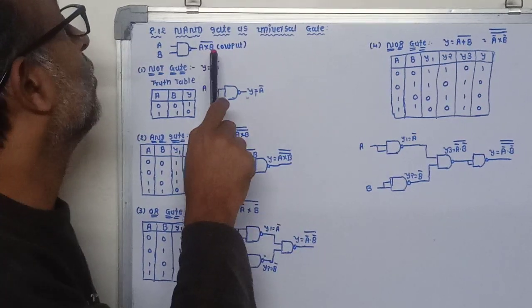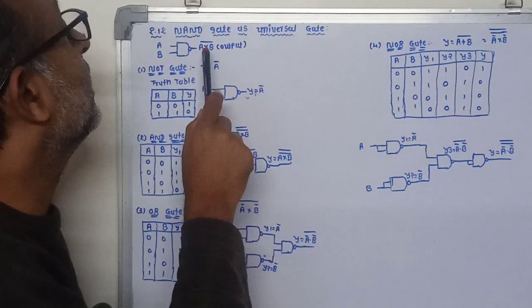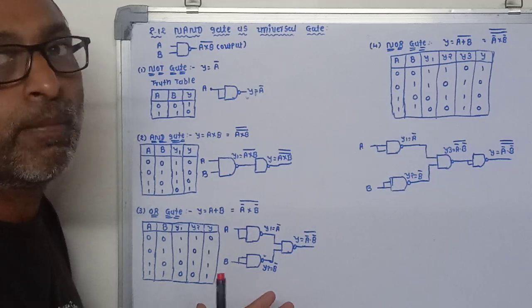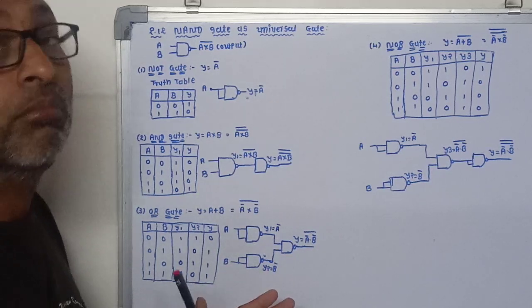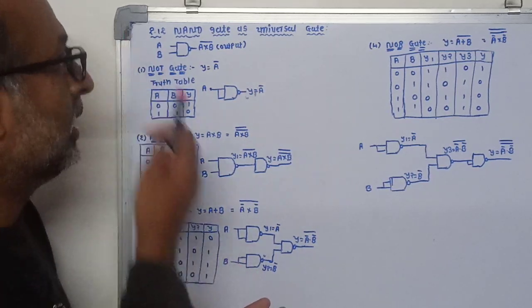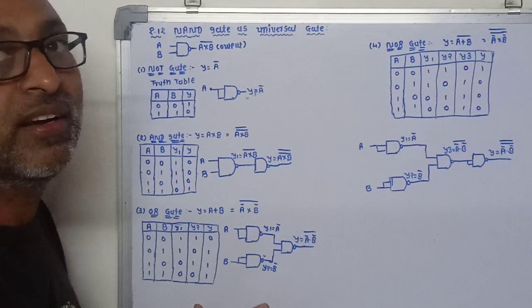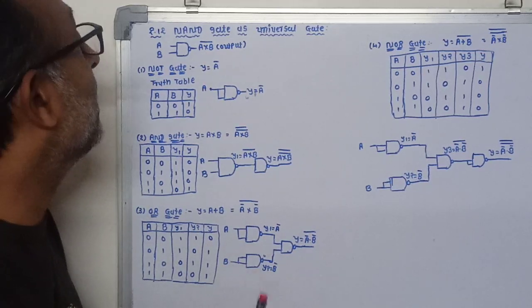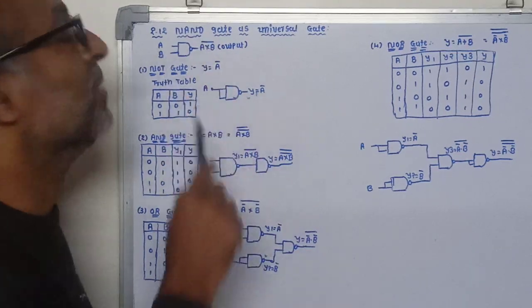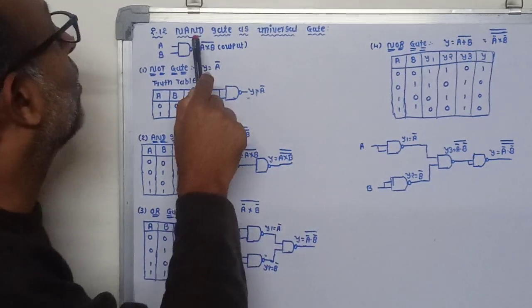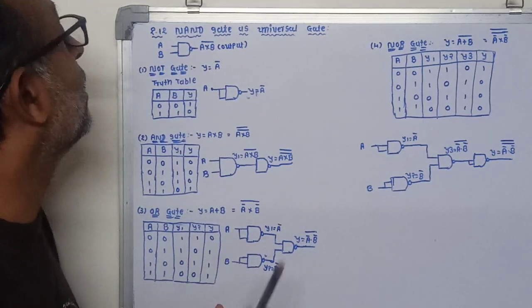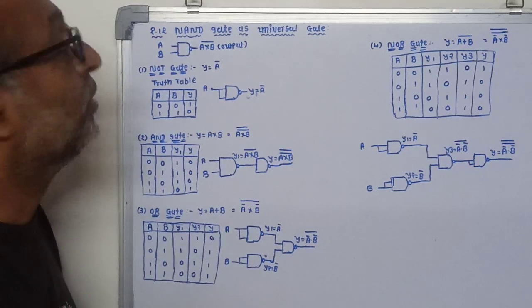The Boolean expression of the NAND gate is A into B bar. That means this NAND gate provides multiplication of the mathematical expression. So it provides the multiplication operation for the given inputs, and its output is complementary, so for that we are providing the bar here. We have already studied the truth table of this NAND gate.